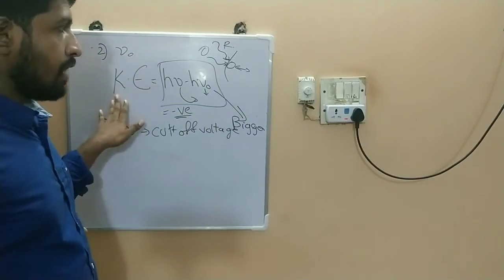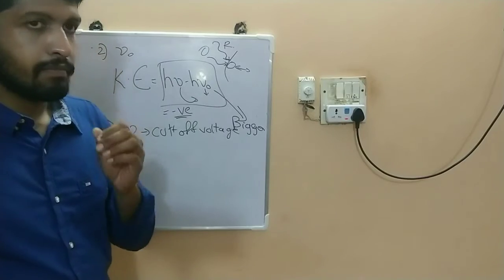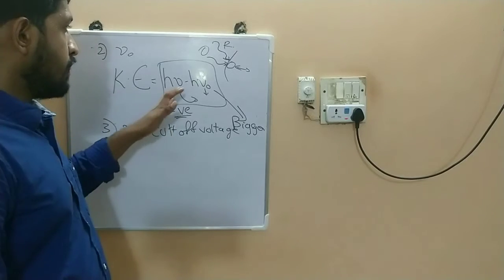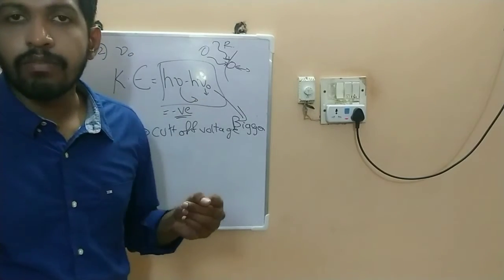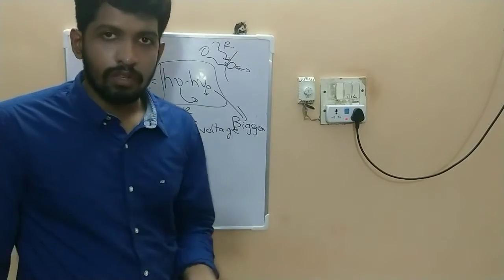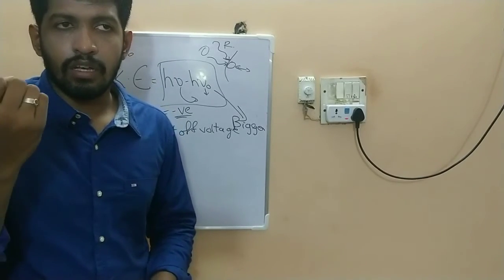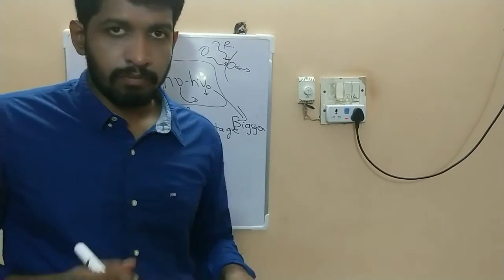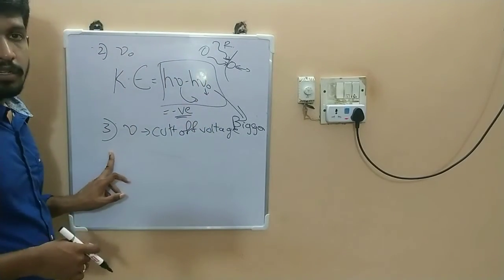When a photon strikes an electron, it transfers its energy partly to the work function and the remaining energy to the kinetic energy. If it has much more excess energy after the work function, then the kinetic energy is much greater, which means we have to use a larger potential to decelerate it. The reverse potential we apply should be much larger to stop the electron, to make the current equal to 0. So that's for the third.